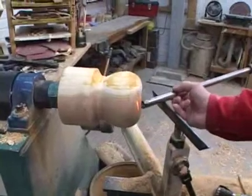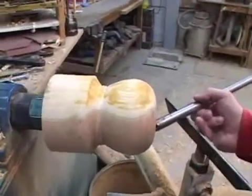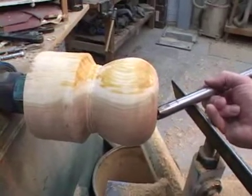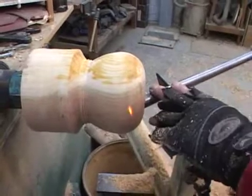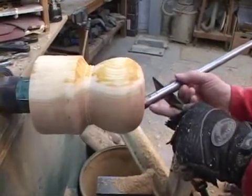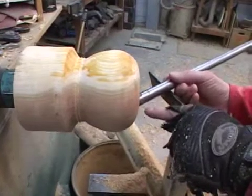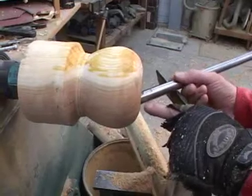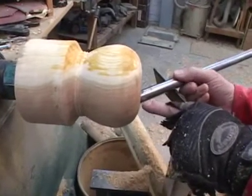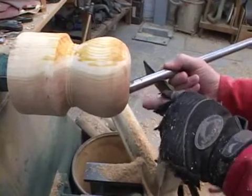With the lathe off now, I'm going to go back and forth, and I'm going to feel. There it is right there. I got a little bump, and you're going to feel a little ba-bump, ba-bump, ba-bump. I can't see the laser, and you really can't. I was watching for the boring bar to move in a little bump, and you really can't see it, but I can feel it. There's just a little bit of a bump there. All right? So now I'm going to rub back and forth across that bump. And then I'm going to turn the lathe on. After I have a little bit of a muscle memory going on here, we're going to turn the lathe on